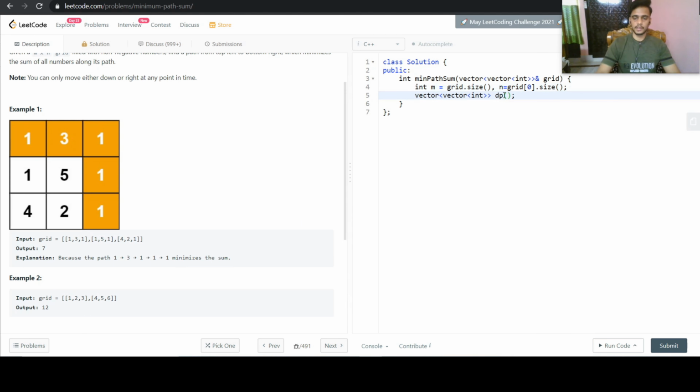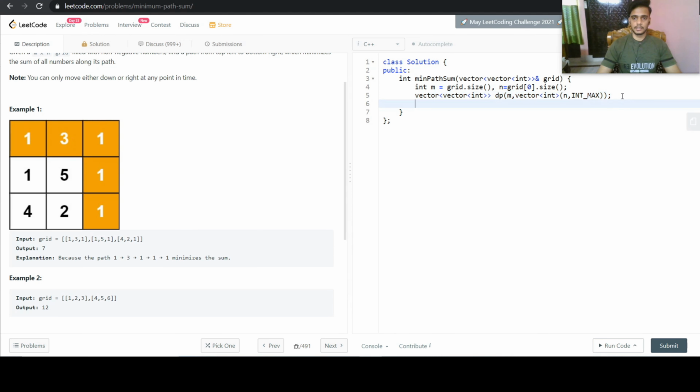So we need to define a similar vector like this with m number of rows, and in those rows we need n number of columns. So let us define the initial values of the whole vector as INT_MAX.